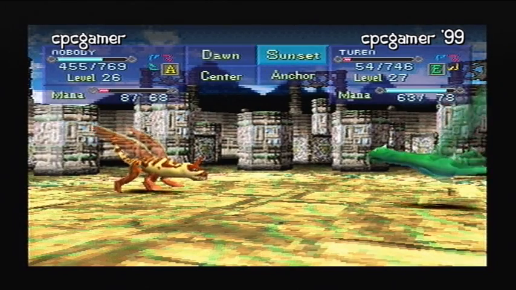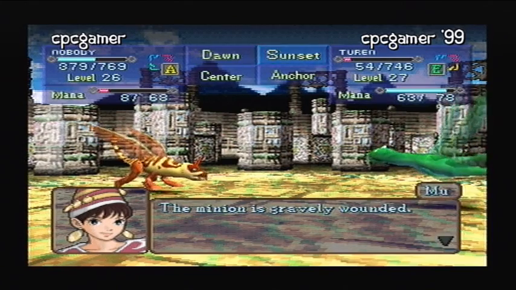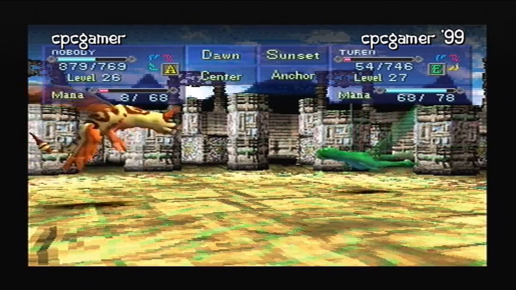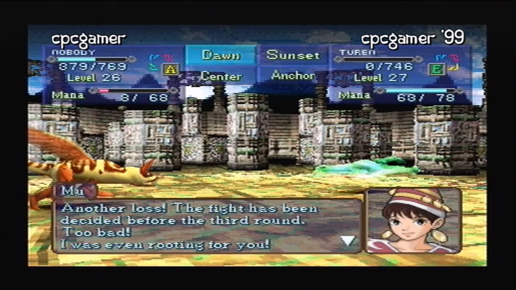And thank goodness Turen's got such critical health, because I don't have any mana for fancy tricks. I don't think. Wait, do I? Oh, looks like I'm out. Well, enjoy this anticlimax, everybody. I think that should be the motto for my channel. The fight has been decided before